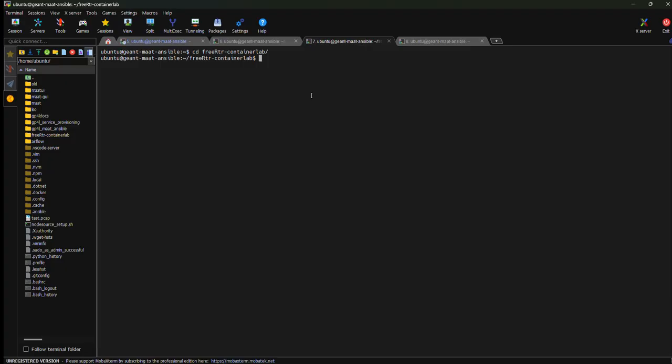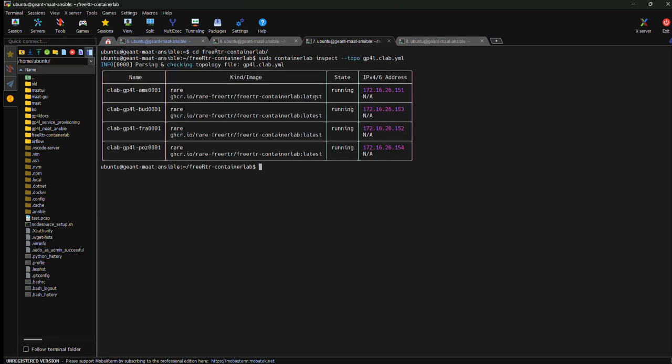We will first inspect the GP4L devices in Container Lab that are going to be used as the targets of this Layer 2 circuit provisioning demo. This Container Lab topology is a digital twin of the GP4L core network. The four GP4L switches are